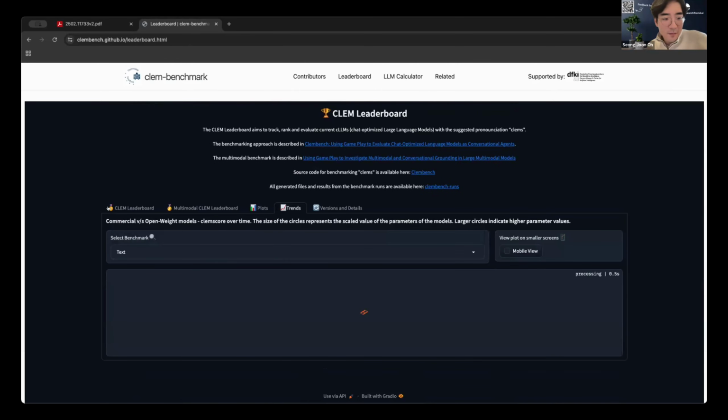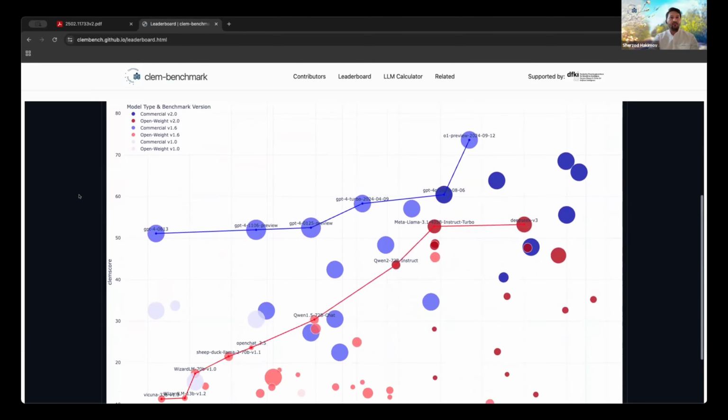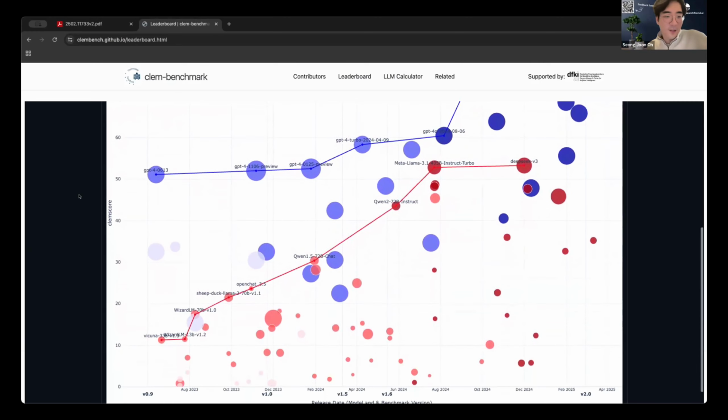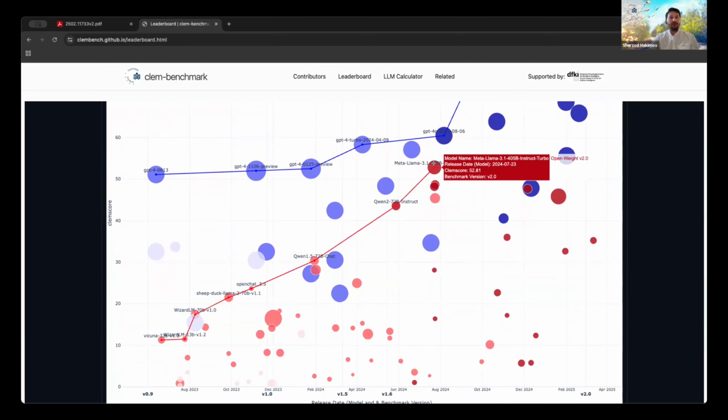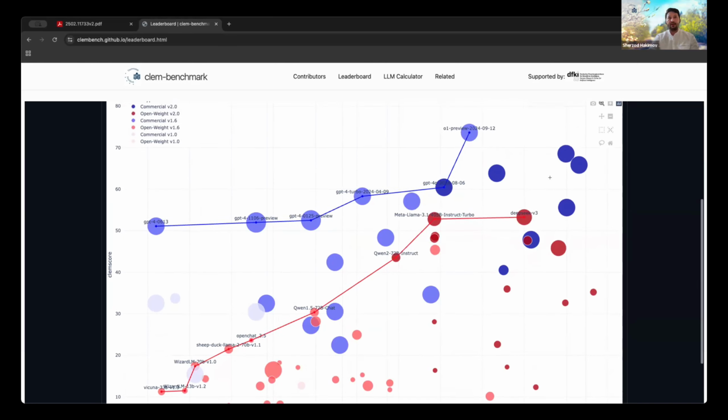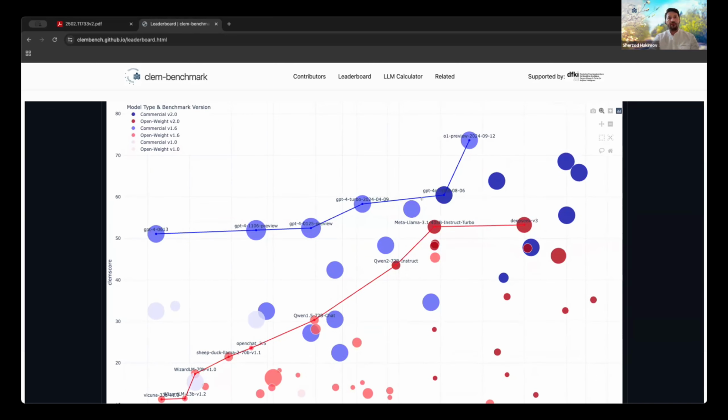So let's go with the text. This is the text-only task trend graph. The blue ones are commercial models, and the red ones are open weight models. You see here, that's where we started, March, then June. And then the performance of open weight models is increasing. Here was the Llama 405 billion, then this is DeepSeek 3. But obviously the commercial models are also going up, right? This is the Clem score, a single score that we can compare. So now DeepSeek is at the same level that GPT-4 was at some time ago, right?